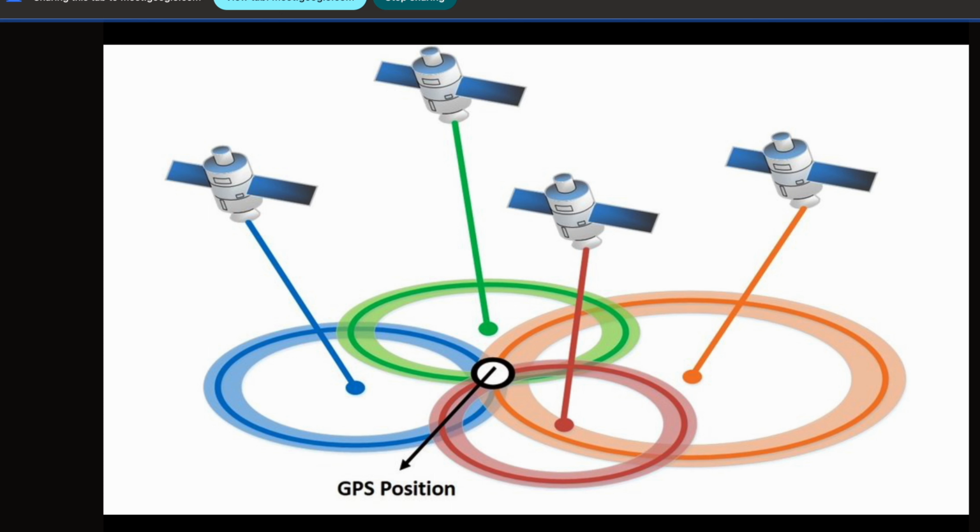Now more complexity will come. How much time will you require to go from here to here? How will you get that time? So for time, some fifth satellite is also needed. Like this, 5 or 6 satellites are needed to know your precise position. The more the satellites, the accuracy will be further more, because it will be the intersection of that many circles at that point.